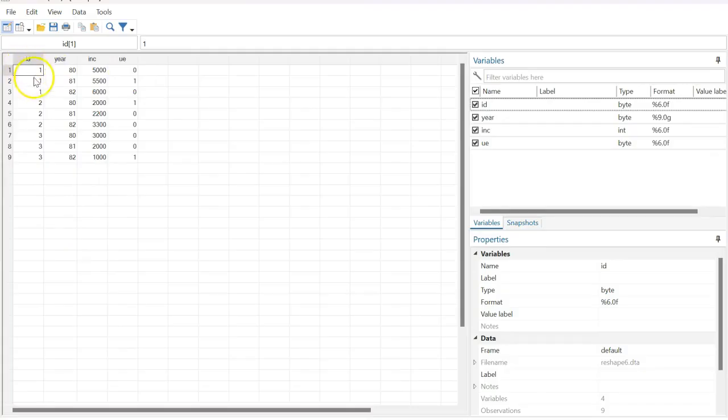Here's the ID variable, and you can see the ID 1 or 2 or 3. All these IDs happen for 3 different time points, so 80, 81, and 82 for the year. So one observation or one case has been observed for 3 different time points, and this is how it is put in the data set, which makes it a long